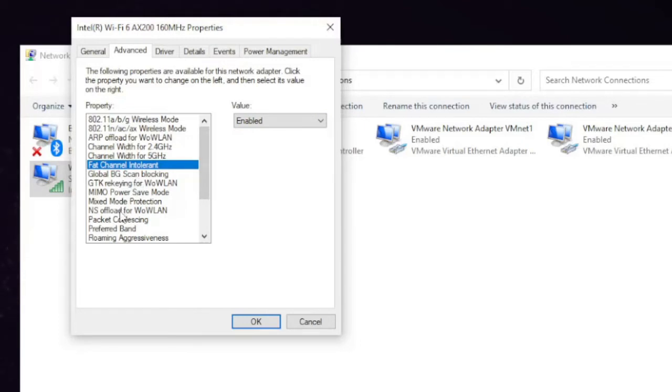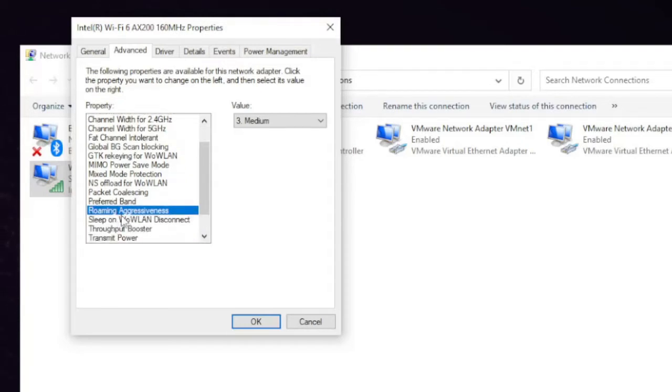Then you need to come to Roaming Aggressiveness. Can you see that? Here you have to change it to Lowest or Medium. If you go with the medium or the highest one, the internet connection from the Wi-Fi would be slower.